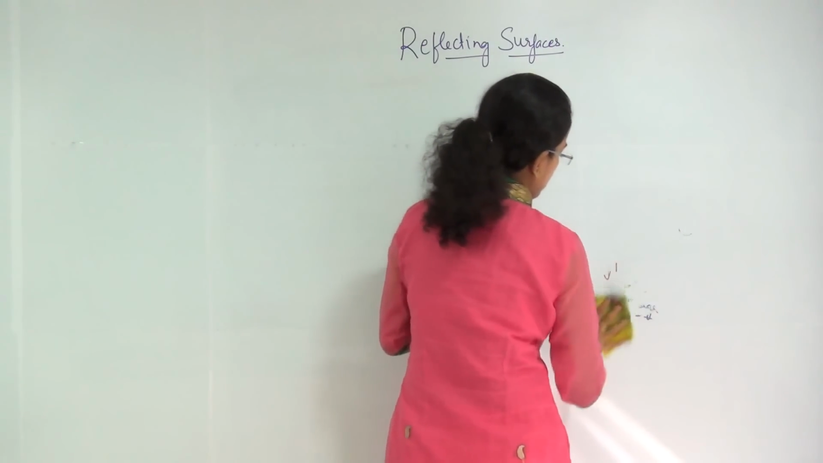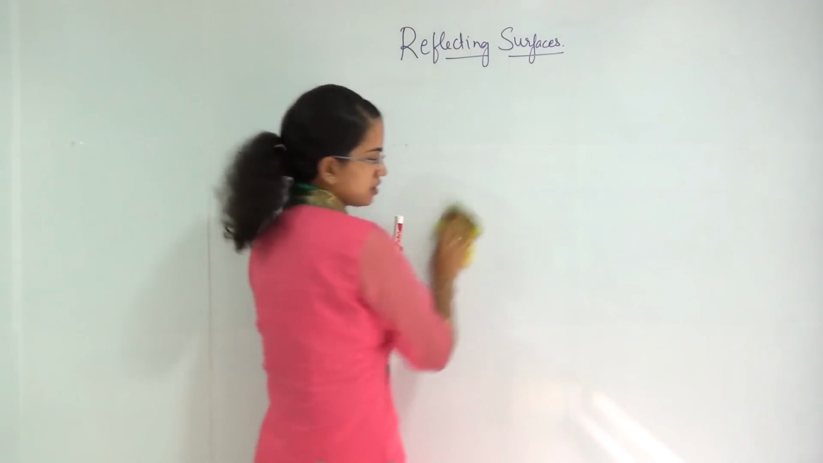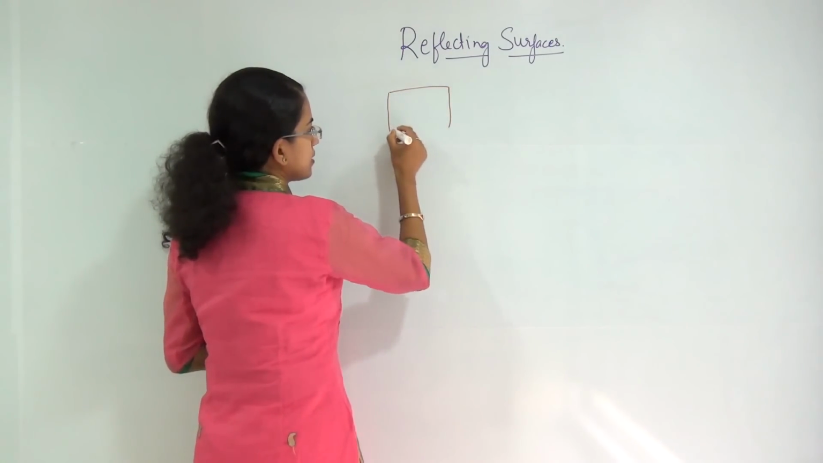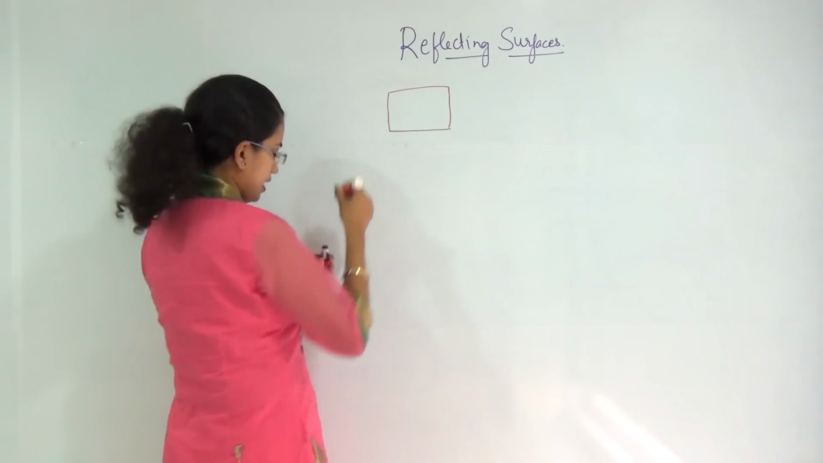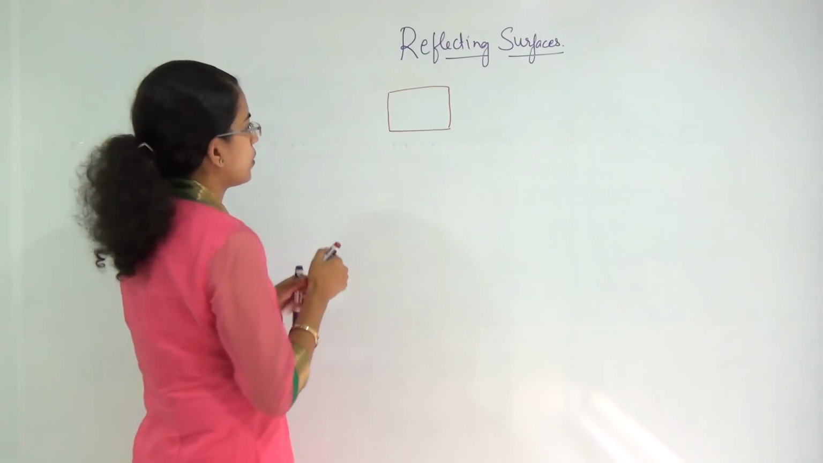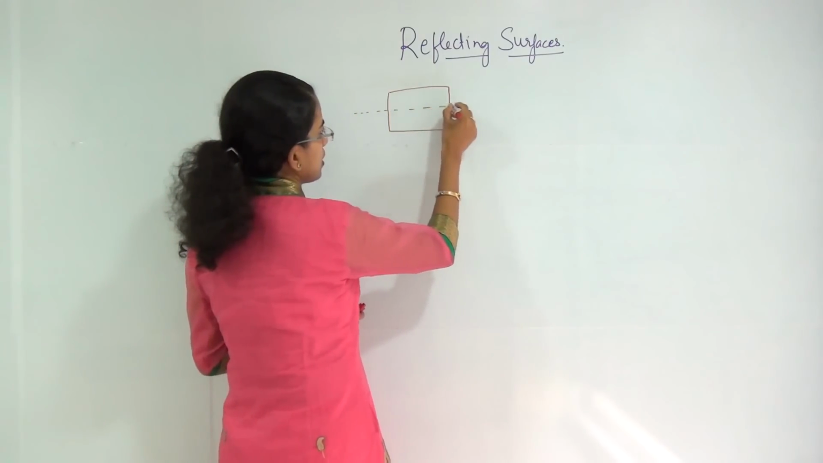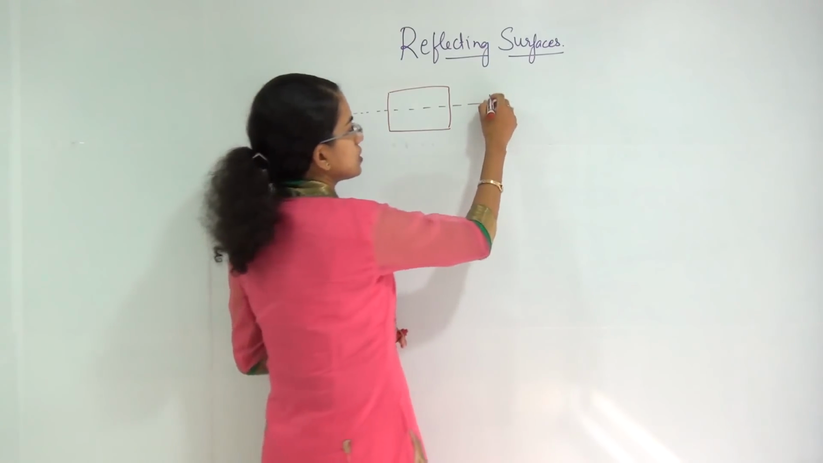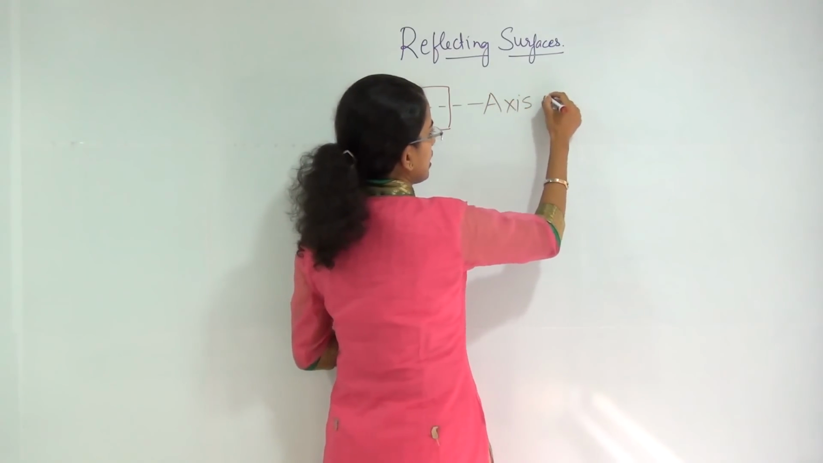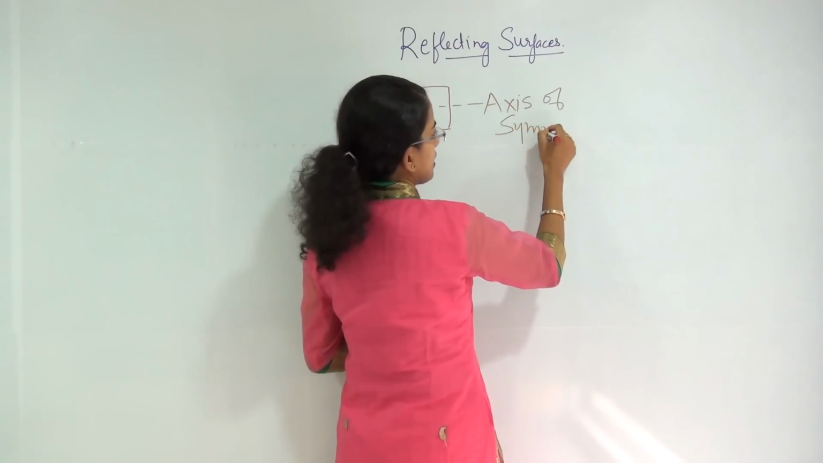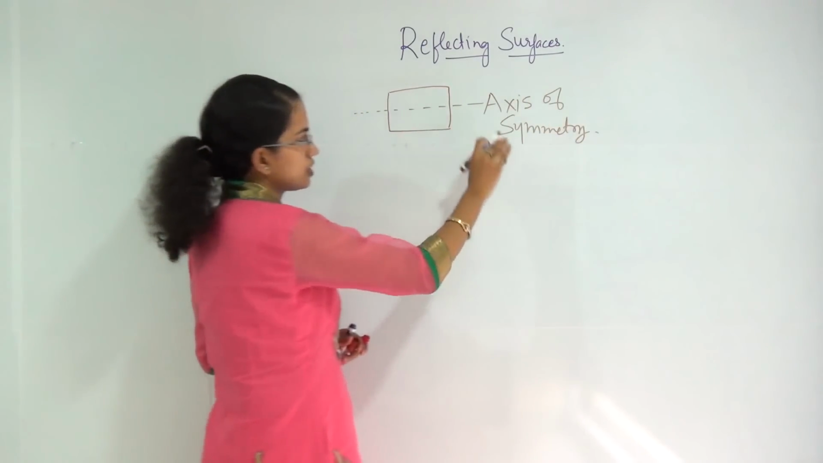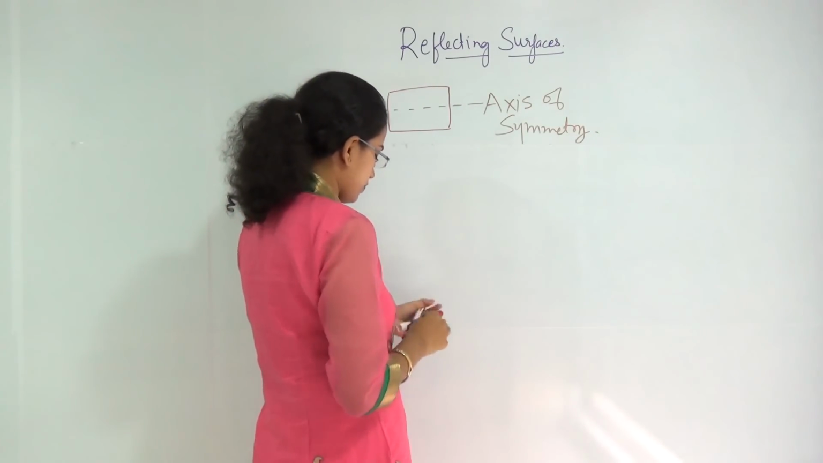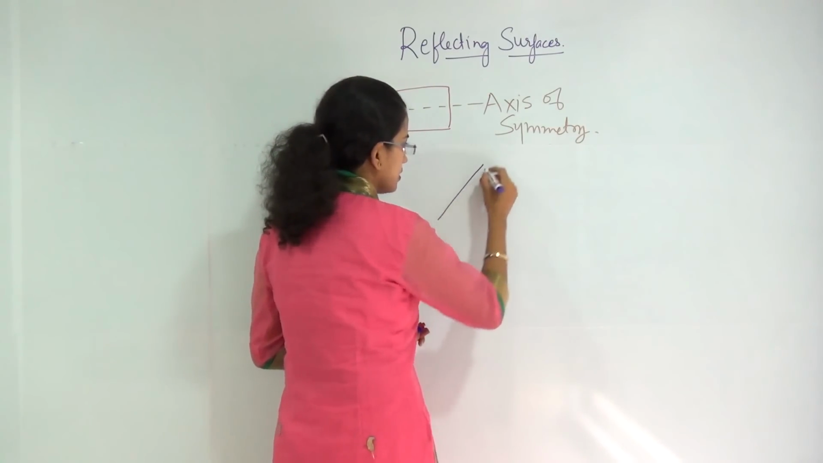For example, if I draw a square, and I am cutting this along the horizontal line, the top half and the bottom half are exactly the same. So this is what is known as the axis of symmetry when it is horizontal, or in case of horizontal reflecting surface. In case of vertical, what would happen is, say if there is a triangle,